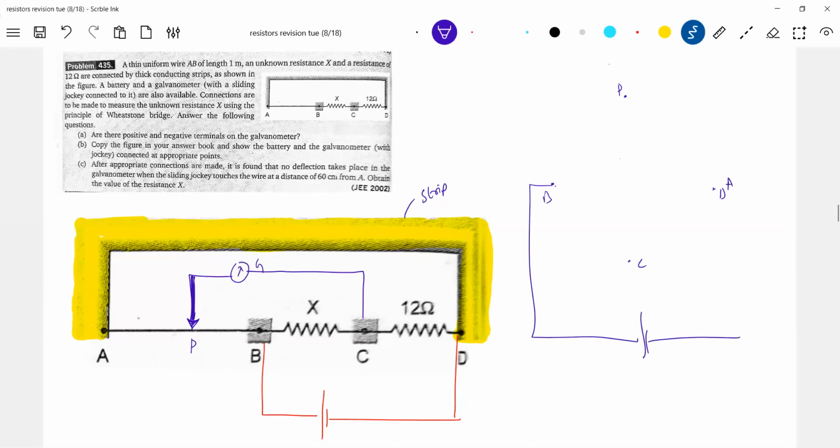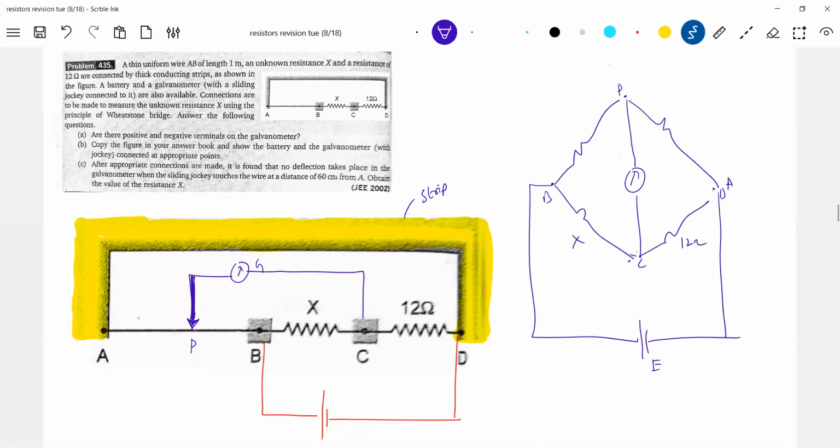I think if you can draw the Wheatstone network, the problem gets over. Between P and C, there's a galvanometer. From C to P, there's a galvanometer. B to P, P to A, BC is the unknown resistance, and CD is 12 ohm. I think anybody can do this. If this length is L,